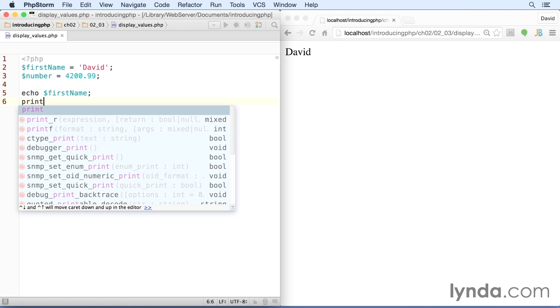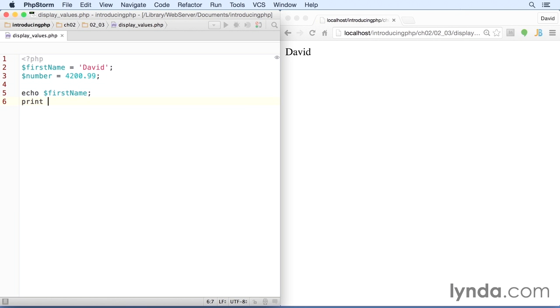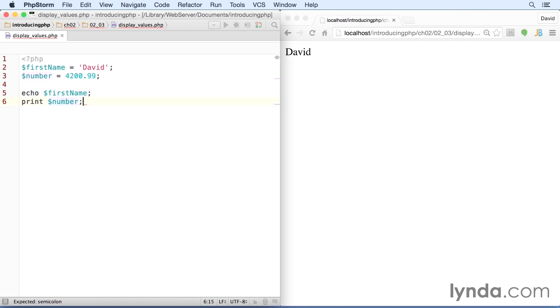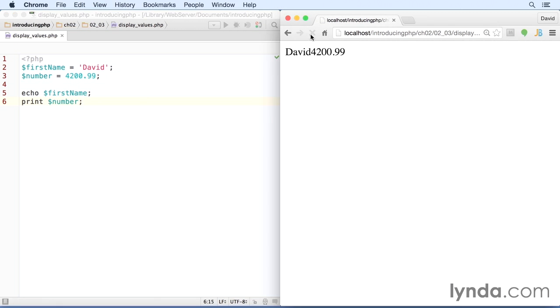Just as with echo, the parentheses are optional, so I'm not going to use them. This time I'll display number, put that semicolon on the end, save and refresh. And it's doing exactly the same. It's displaying the number straight after the value of first name. The main difference between print and echo is that print can display only a single value, whereas echo can display a series of values separated by